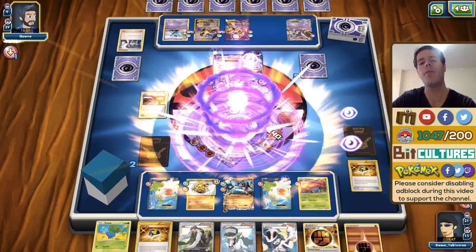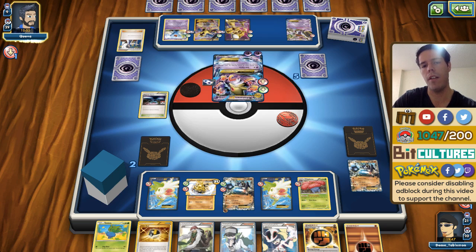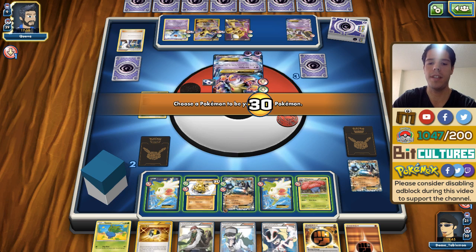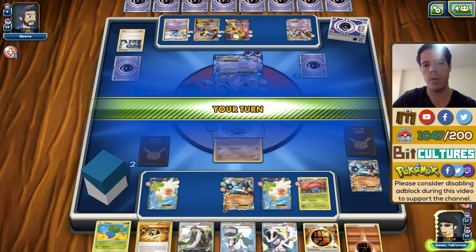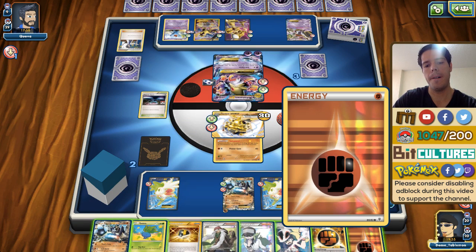My opponent uses Zen Force, gets his KO. I could even N to guarantee my victory pretty much. Well, not necessarily. He still plays damage counters and things like that, but he cannot play item cards, which is great. So no more Devolution Sprays, no more item cards for him. Gonna